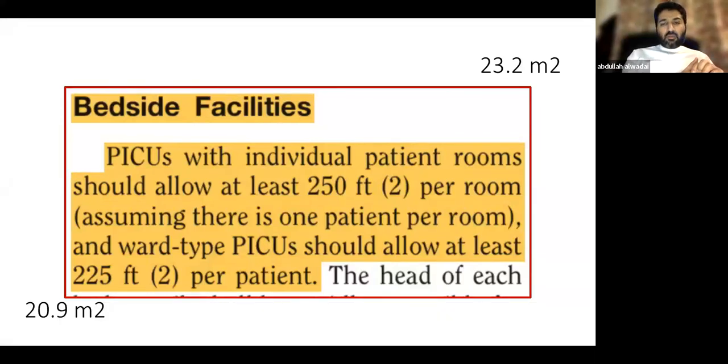Assuming 1 patient per room, I think this is a luxury, because if you think about the unit that you are working in, rarely will you have a room that's this big. That means you should have a room that is at least 4 by 5 meters